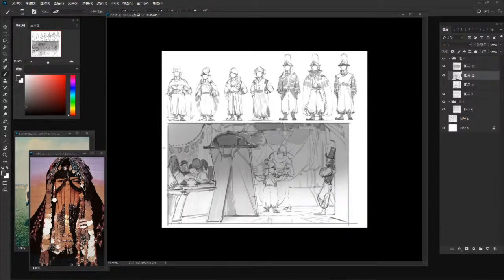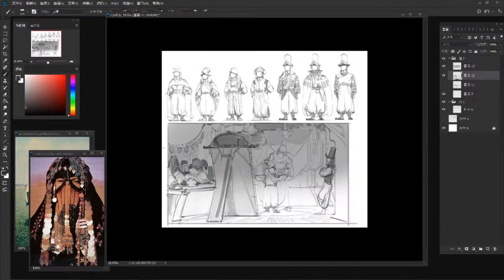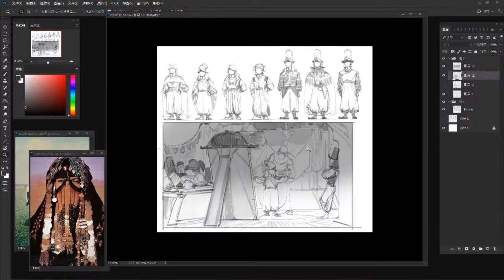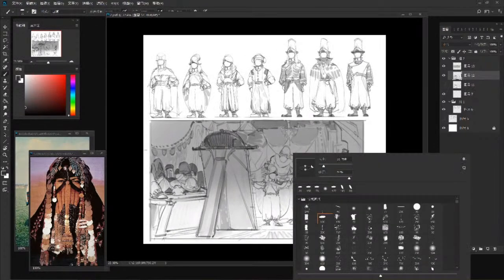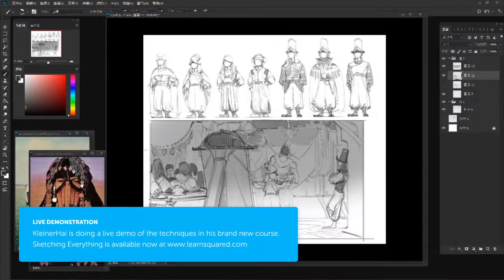It is looking incredible. This is all live, real-time, live streamed sketching process. So you can really see exactly what you are going to be learning in the course and see that it really does work, because you can see it happening right in front of your eyes here, guys. Every time I see Kleiner do a sketch, I'm blown away.